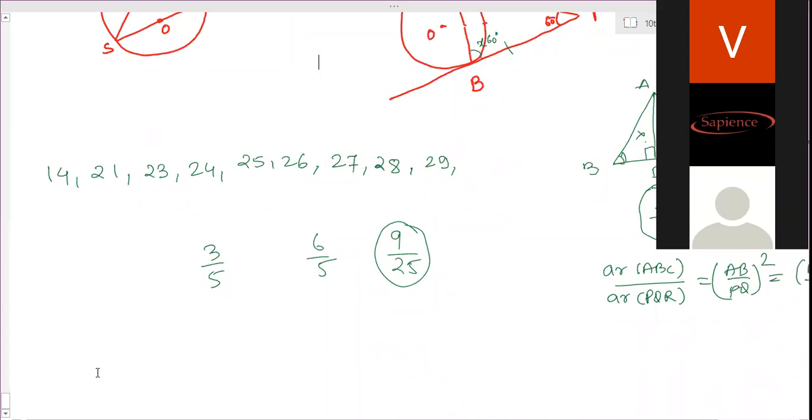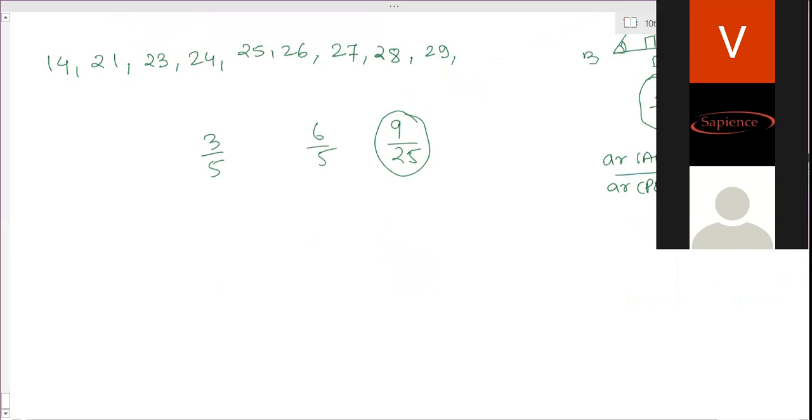From an external point P, tangents PA and PB are drawn to a circle with center O. At one point E on the circle, a tangent is drawn, which intersects PA and PB at C and D, respectively. If PA is 14, find the perimeter of triangle PCD. Very good, very easy. It's similar to the ninth one. Have you solved the ninth one? Yes, Mom. That's exactly similar.